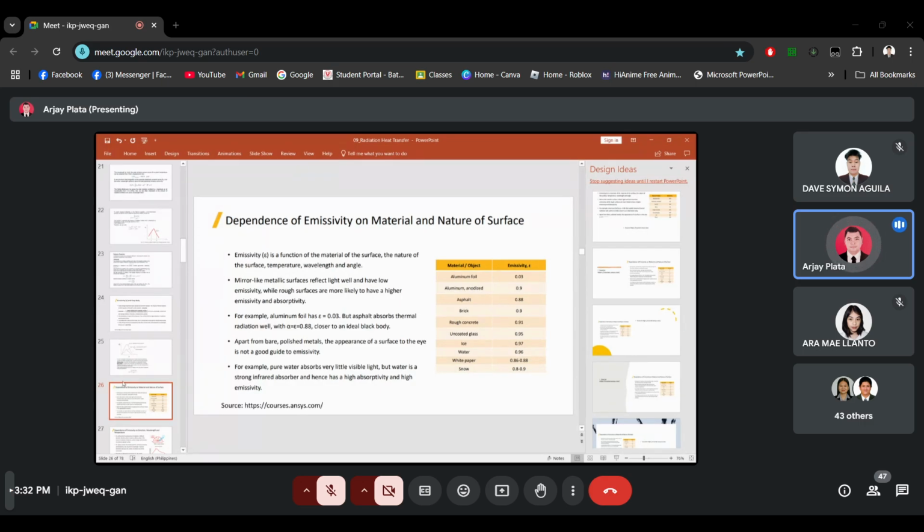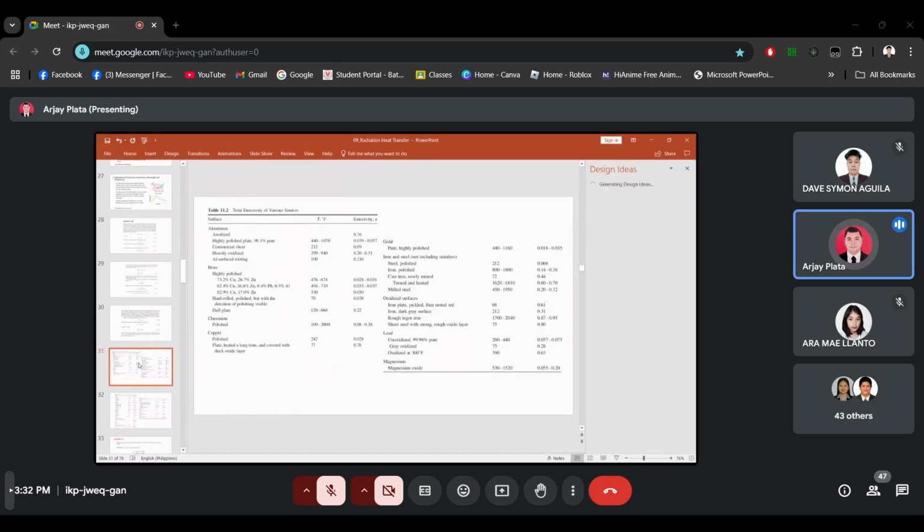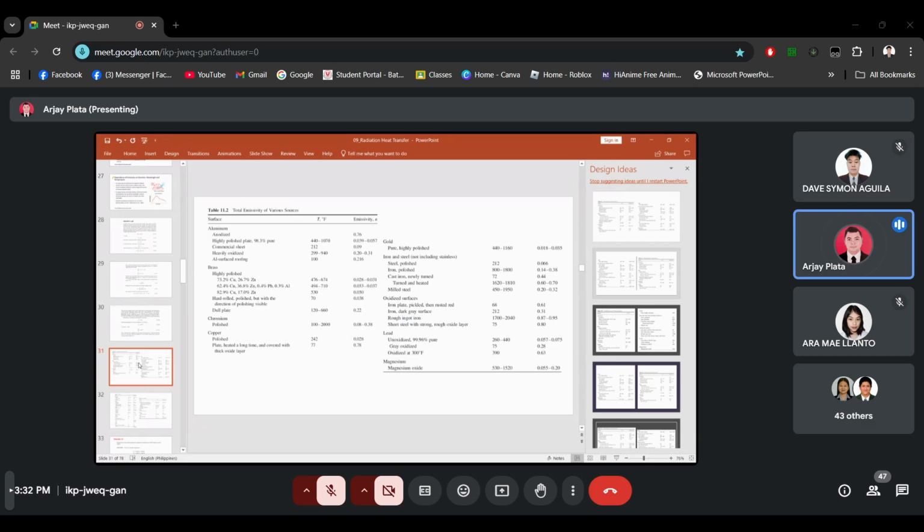So I think I put here in the module the table for emissivity factor. So if it's not given, for example, in the exam, you are asked to find the emissivity, you have to look at the table. One consideration is the surface, so it's aluminum. So you have to check the temperature because the emissivity varies as the temperature varies as well. So same as other material.